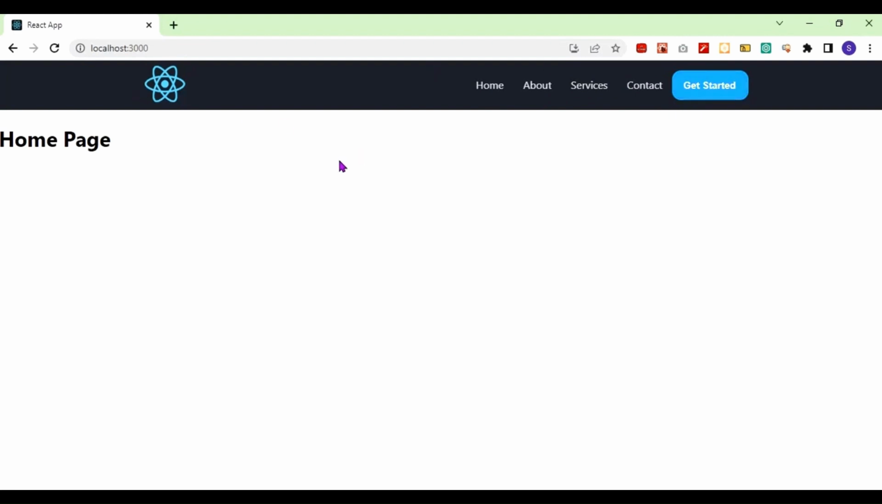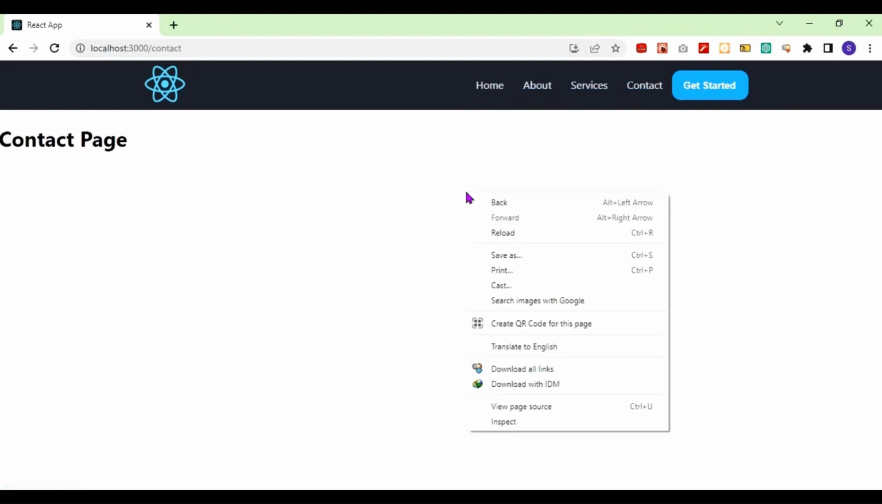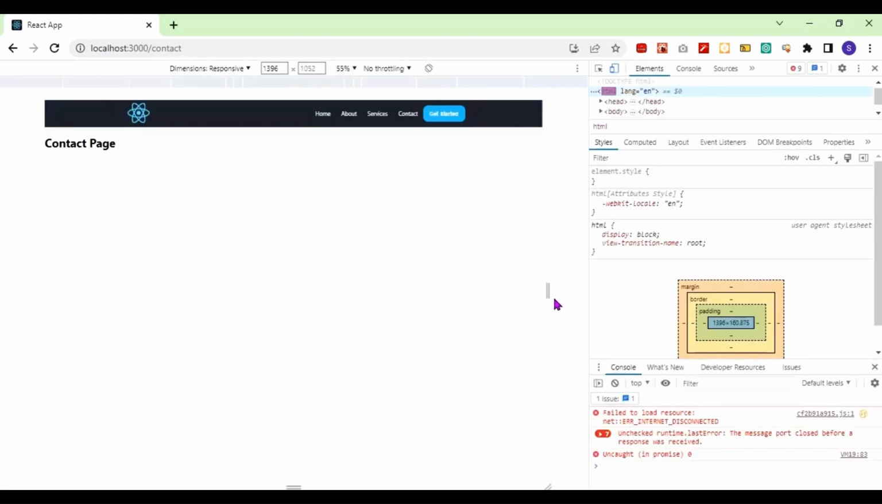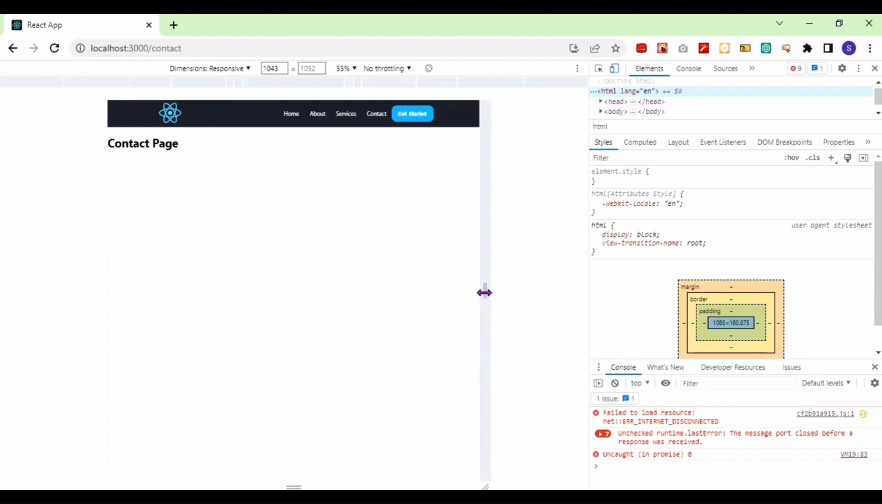Then I can also click on About, and it takes you to the About page. Click on Service, and it takes you to the Service page. So this is also using the React Router to navigate to different pages. If I inspect this right here, you can see